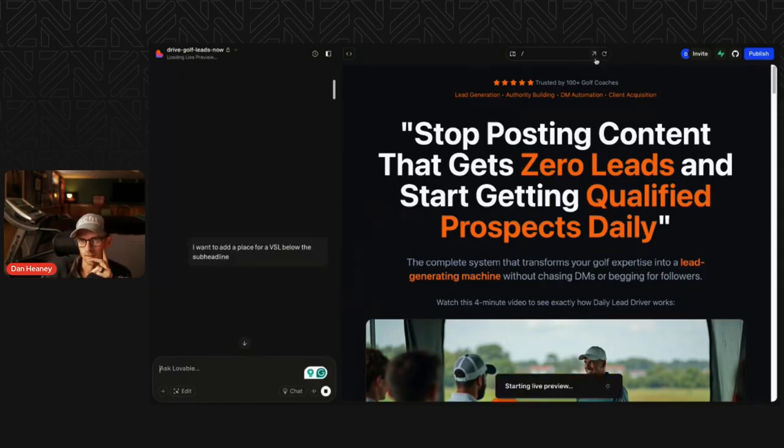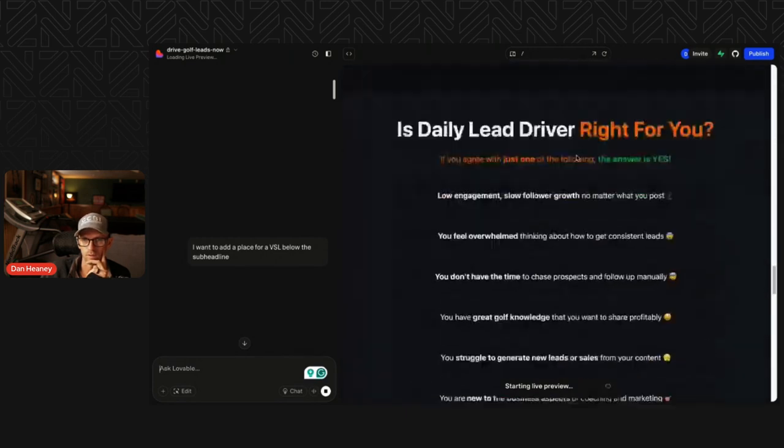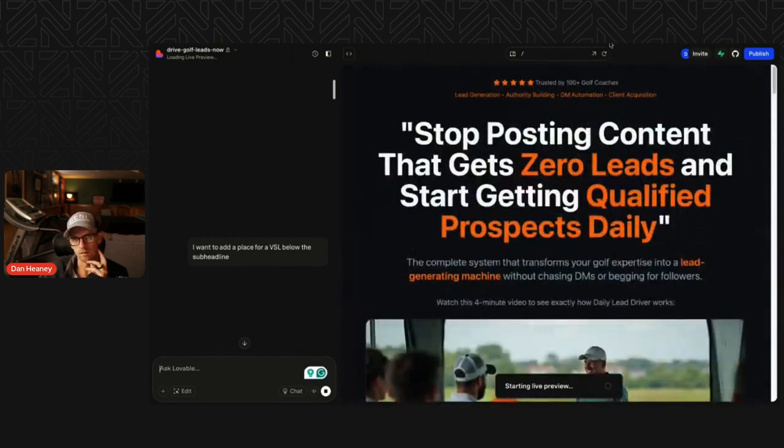It's going to take a second because it has to reproduce the code on the back end. But that's all that I have to say. And it will take all of this orange and make it yellow across the entire page automatically for me, instead of waiting for that to finish, because it's probably going to take a bit.